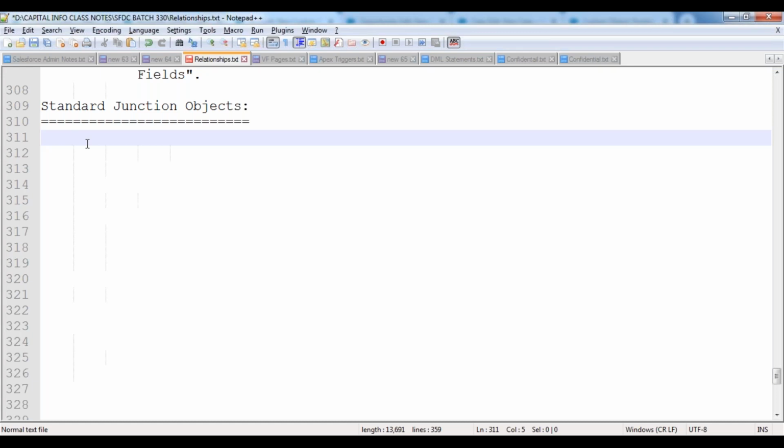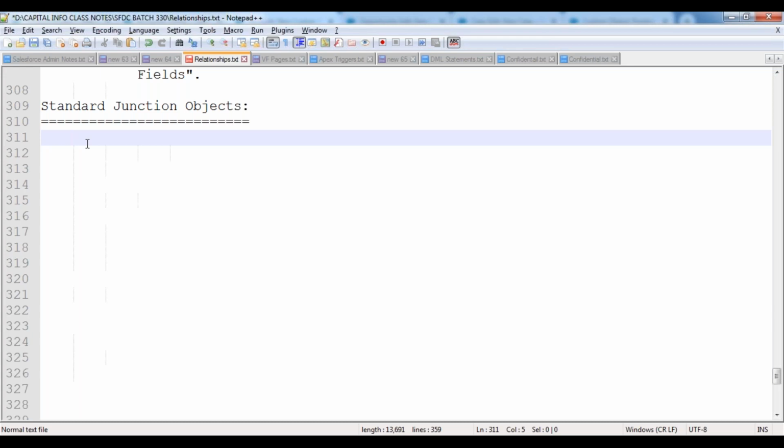Now, Salesforce has given you so many complex functionalities as part of CRM, the sales application, service application, and marketing application. They have created hundreds of objects. Now tell me, wouldn't the Salesforce people have faced this kind of problem? Definitely, in some functionality or requirement, they might have faced this problem